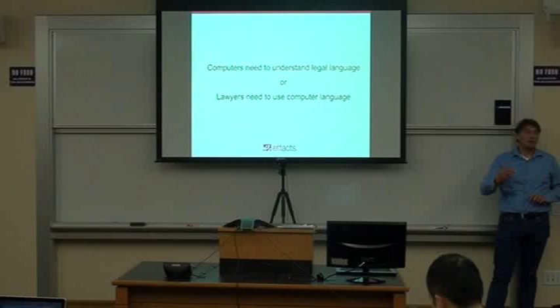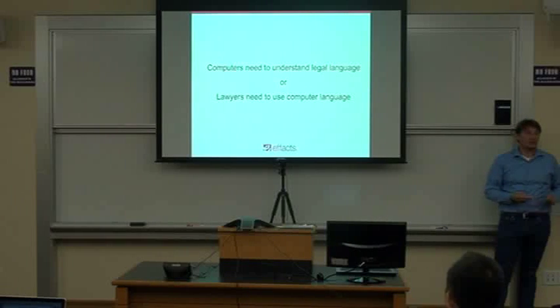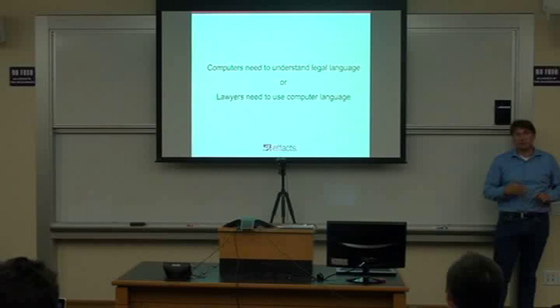But lawyers need to stop using Word, because Word is static, it's personal, it's not connected. So I think the business opportunity out there is to create an editor for computable contracts. Because the editor lawyers are using now is all about Word. It's all about parsing natural language into a static document. But it should be more dynamic and more